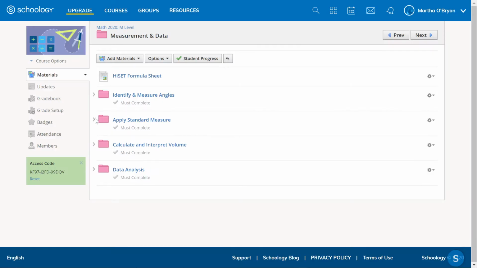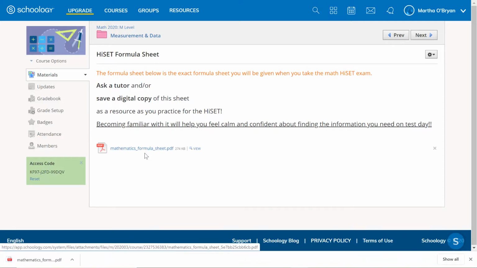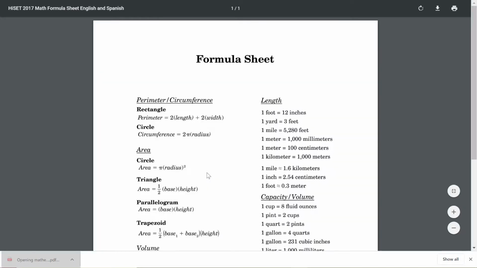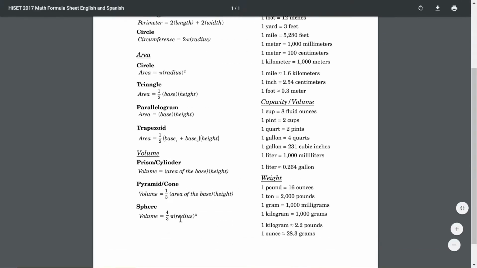I just made sure that there's a formula sheet on your plan. Next time you go to your math plan, this was not here previously. It's under Math 2020 M level, measurement and data at the very top. There's a HiSet formula sheet. You probably have this printed out, but now you also have it here where you can click on it and it will download onto your computer, so you can see it from home just as easily. Now I have my formula sheet up,